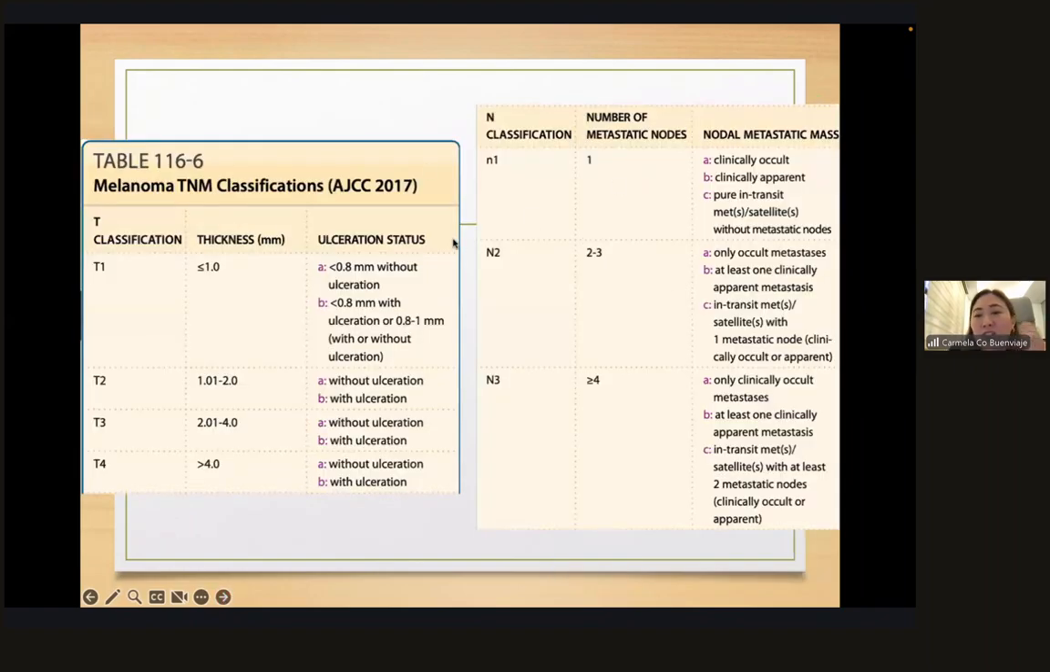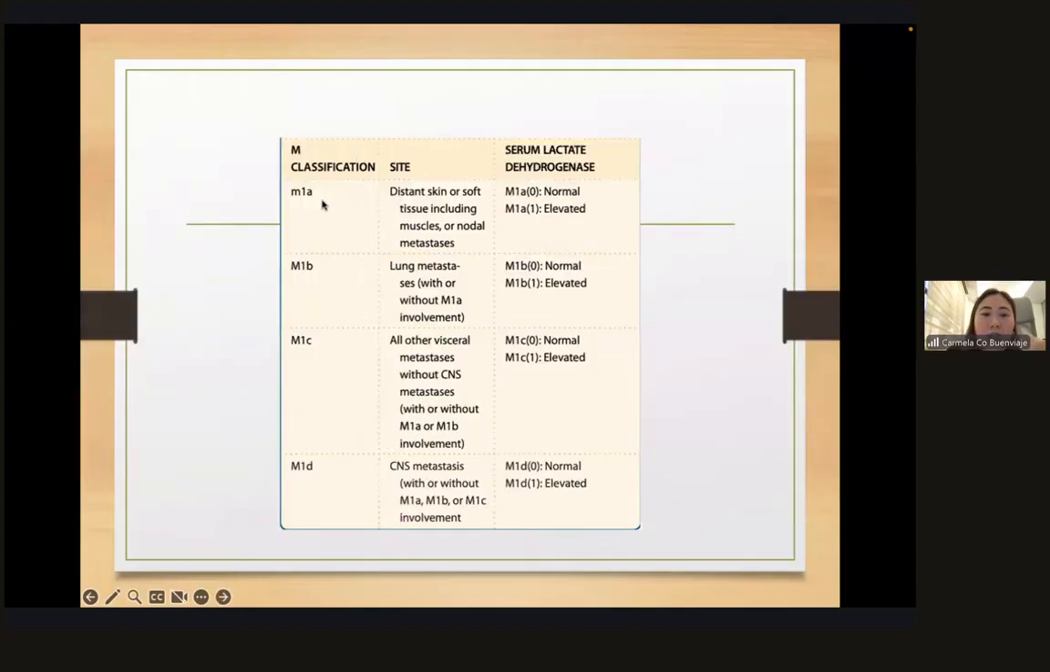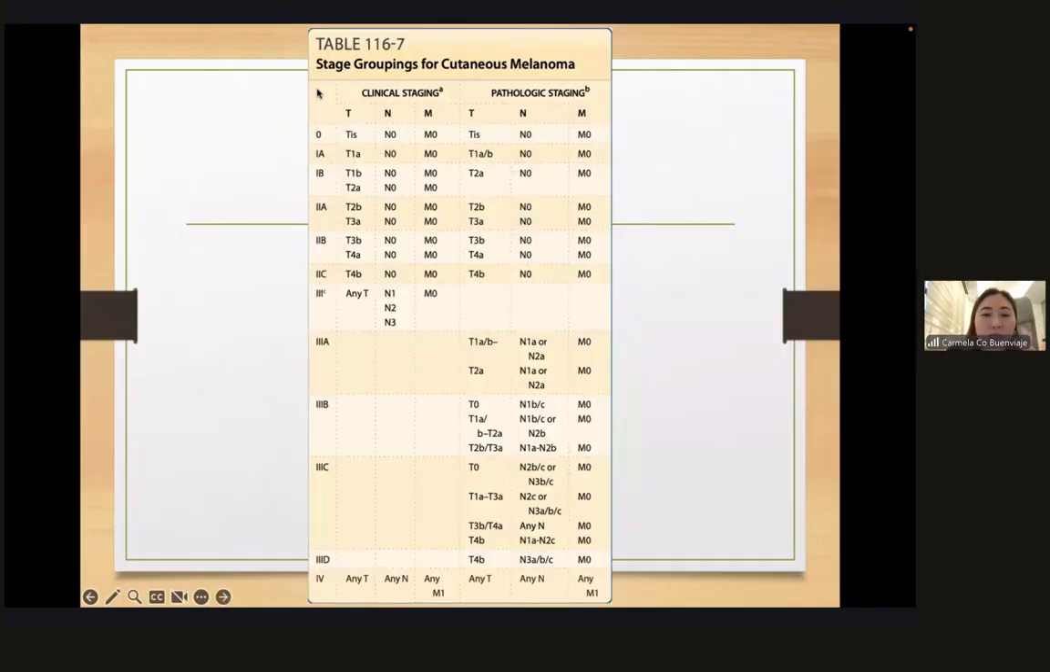Okay, it's also nice to know that there's a TNM classification for melanoma. These are the tumor classifications, then the lymph node classifications, and then the metastasis classifications. Then using these, we can use that information to stage the patient, whether it's stage 1, stage 2,